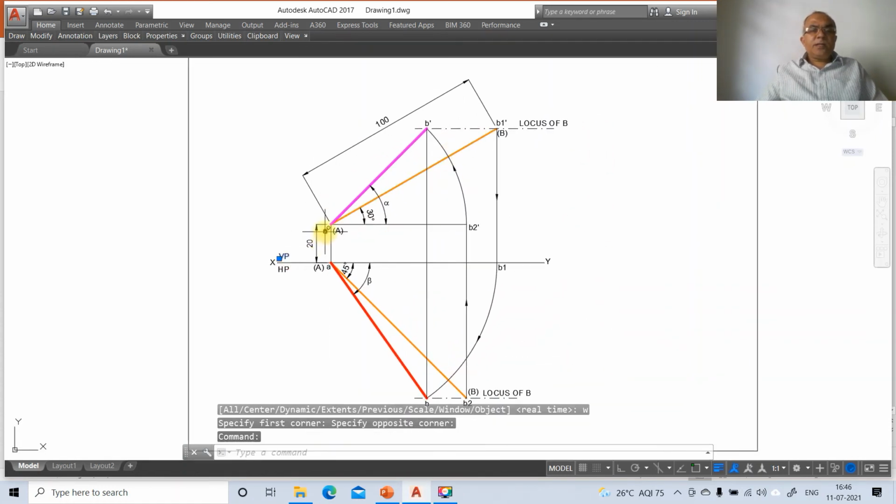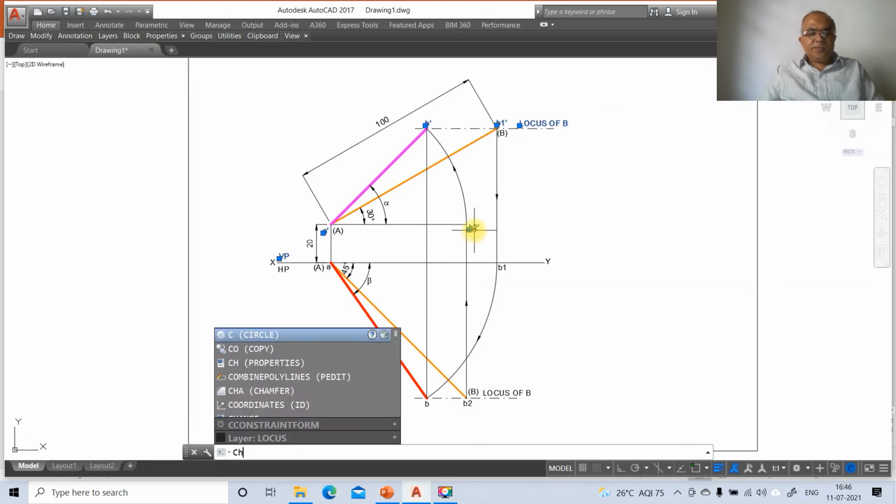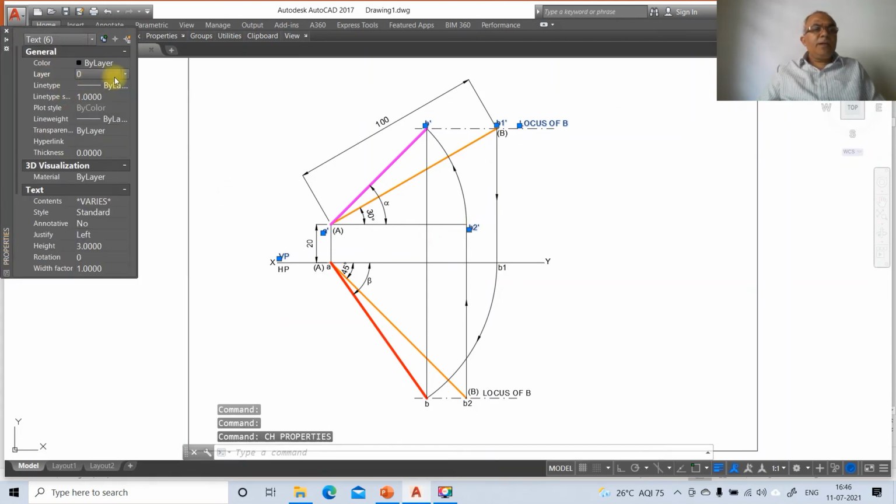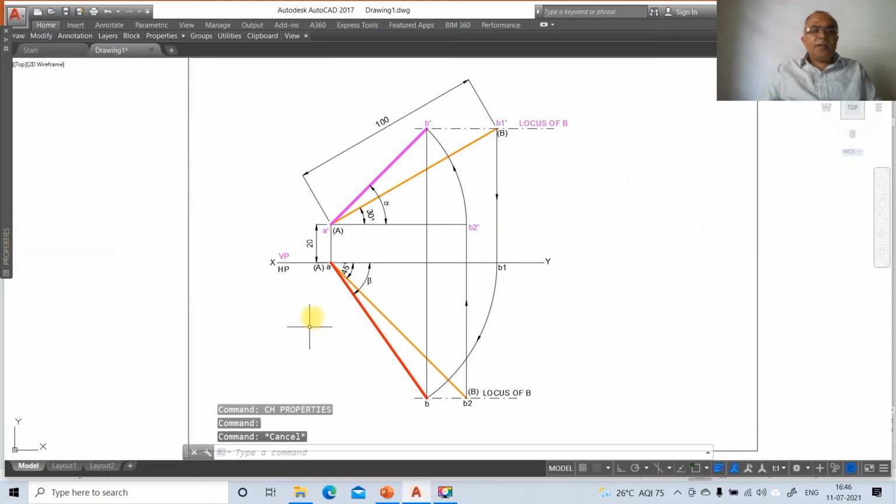You click on all the front views text, you take it once. So you take this, go to CH, go to layer, make this as front view. Then you take this line, this text, HP, B, B2, this B, sorry.